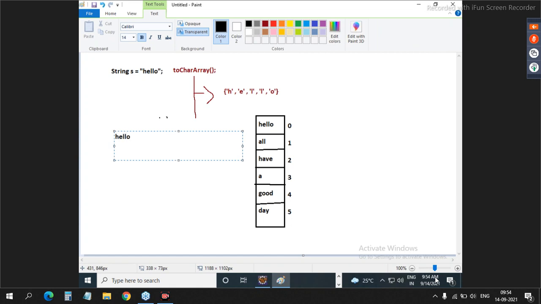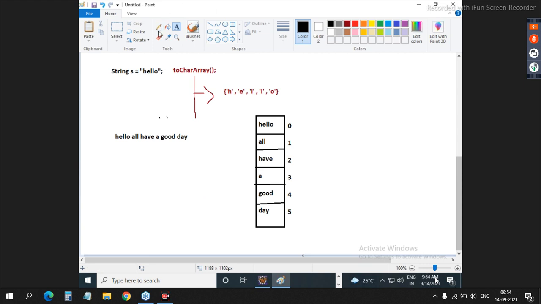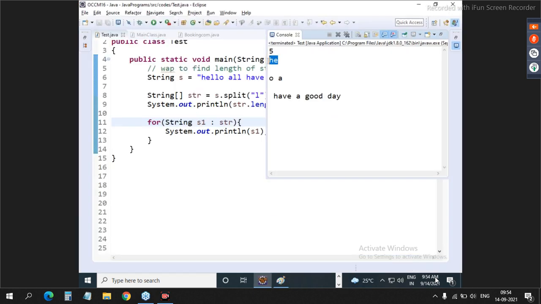Hello all have a good day. Now, see, if I split this with L, the first thing is HE, because from the first L it will break. So the first object is what? HE. Is it coming HE?